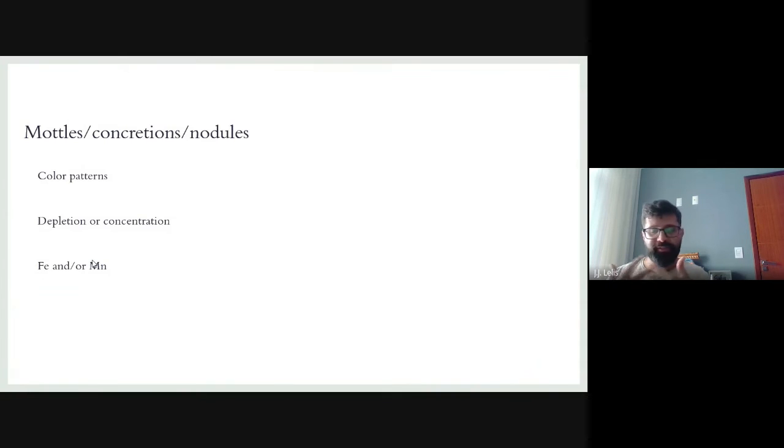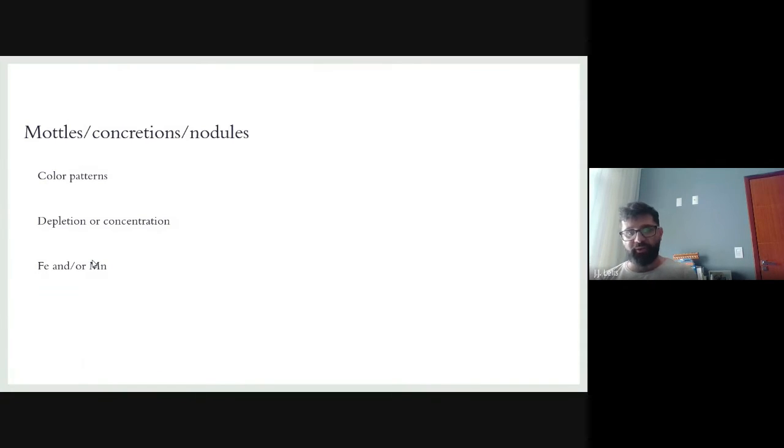Mottles, concretions, or nodules are expressions of differences of color patterns, of color distribution in a specific horizon or layer. They could be related to depletion or concentration of iron and/or manganese in the same specific horizon, and they